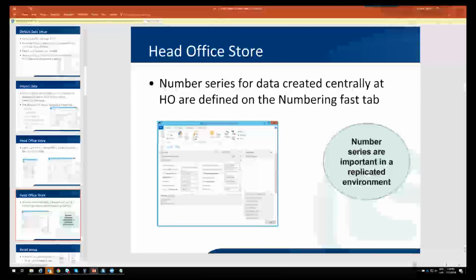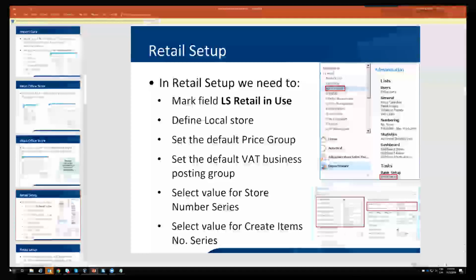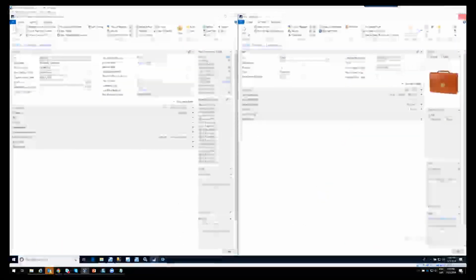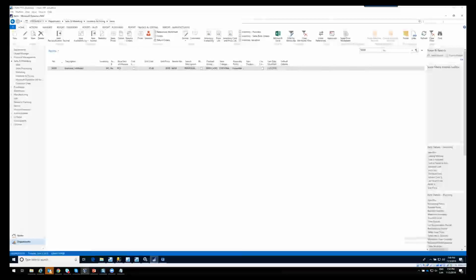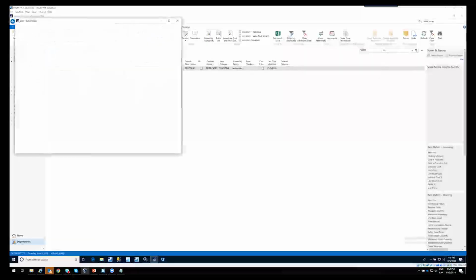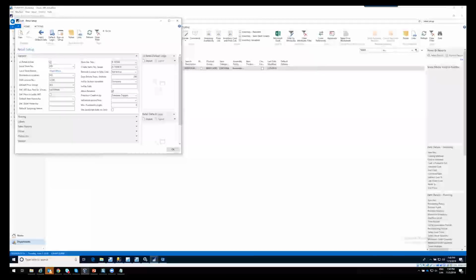So next, the retail setup. This retail setup, from when you're creating a new blank company, right now is the demo database. So I'm not adding anything and I'm not changing anything. Basically, if I go to the retail setup, this page that says retail setup, in here it says that you have to check this LS retail in use field. So this is part of the settings that are needed on a new LS retail company,